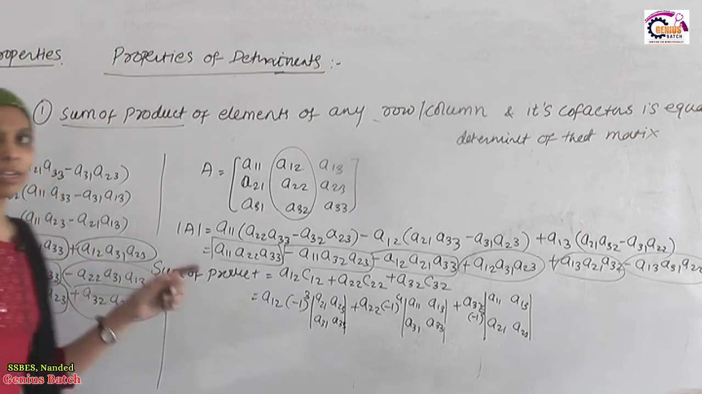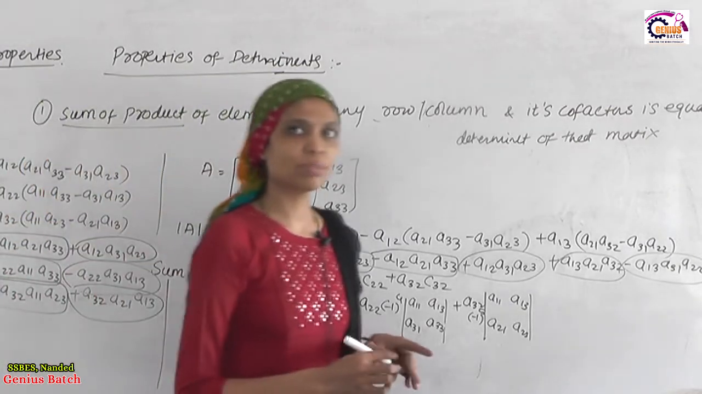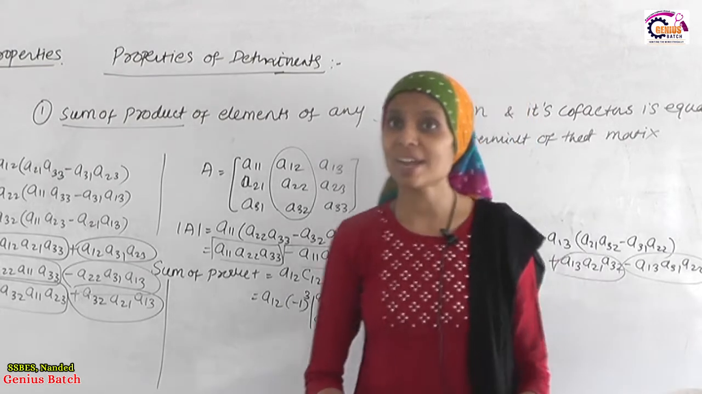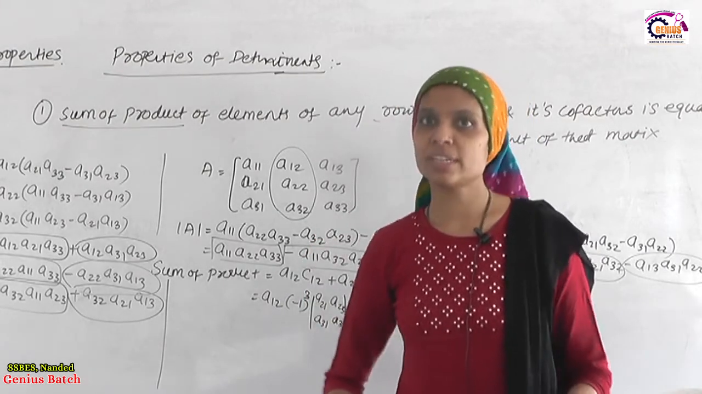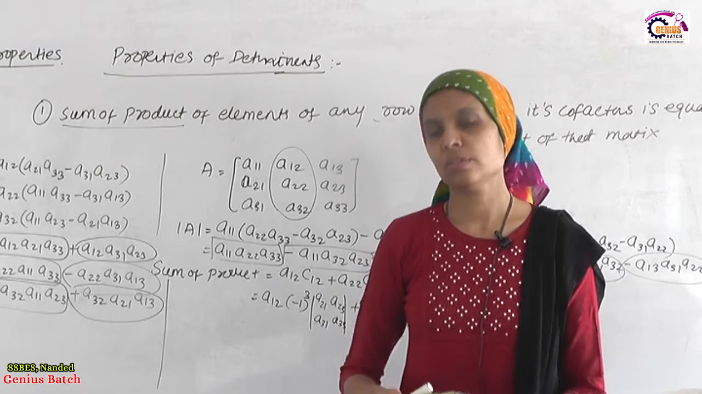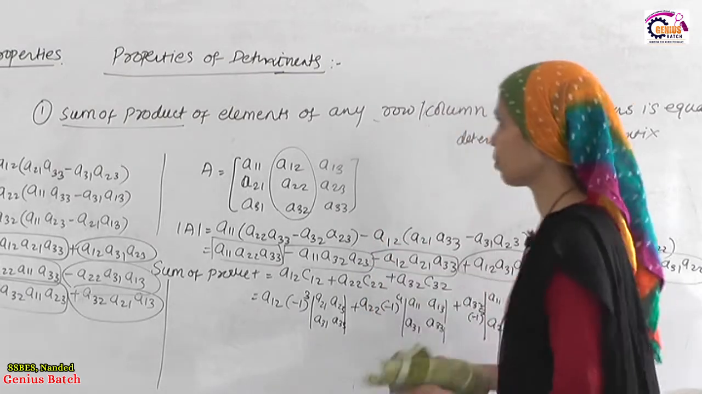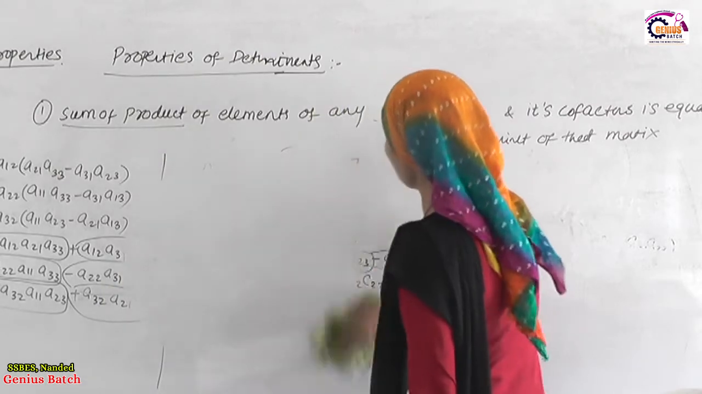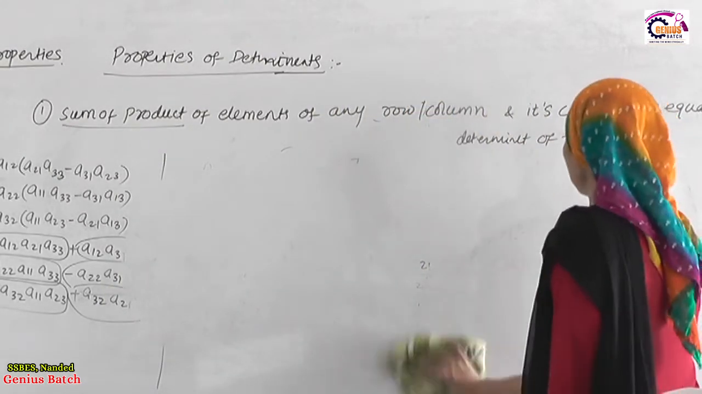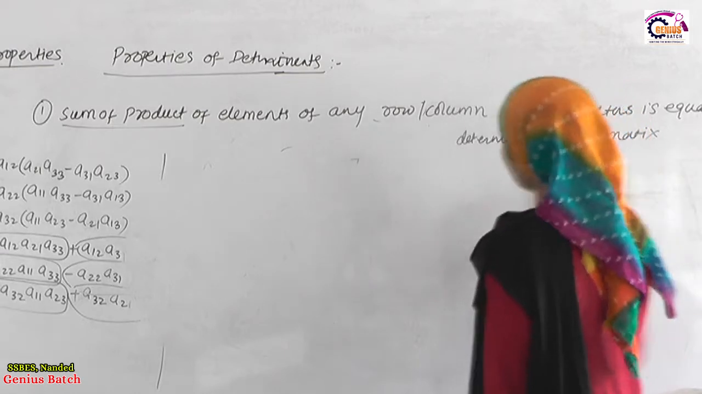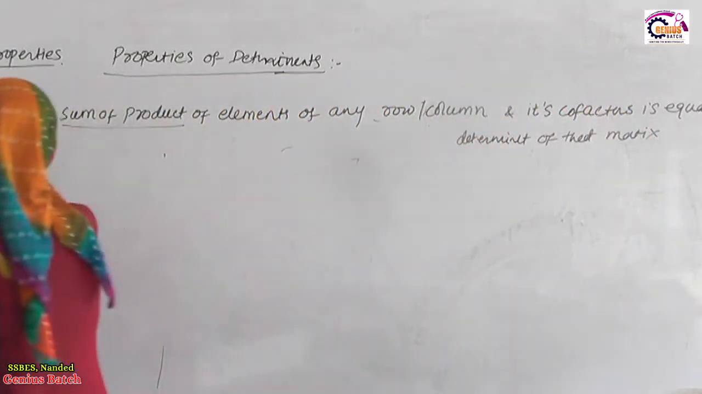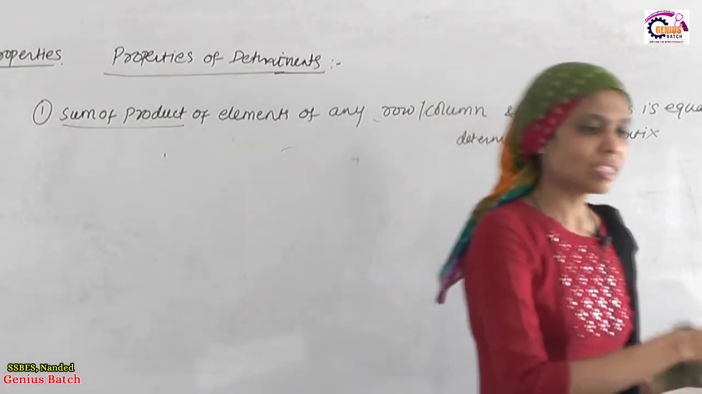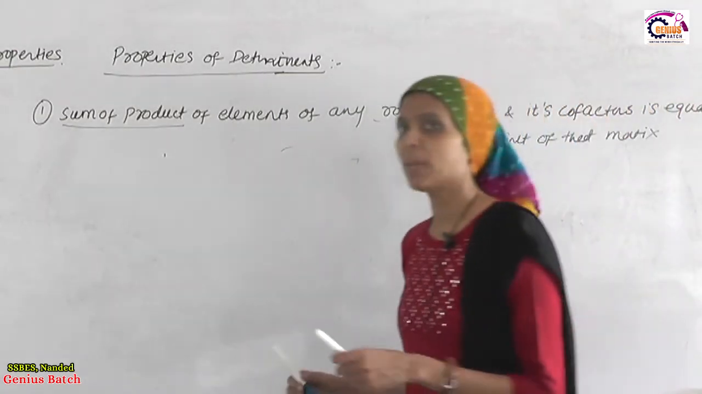So if you take the elements of any row or column, multiply them by their cofactors and add, the value that comes is equal to the value of the determinant. This is the first property. Sum of product of elements of any row or column and its cofactor is equal to the determinant. This was the first property. Second property, if you multiply